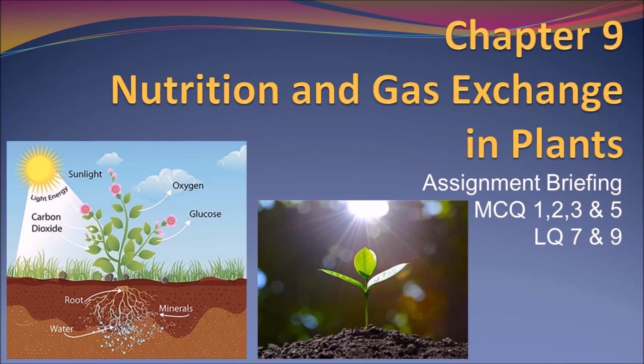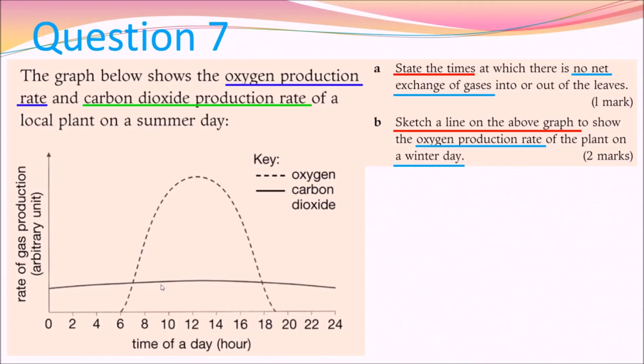So in this video, we are going to talk about the long questions in the Chapter 9 assignment. They are question 7 and question 9. In question 7, we are going to study the graph below. This graph shows the oxygen production rate and the carbon dioxide production rate of a local plant